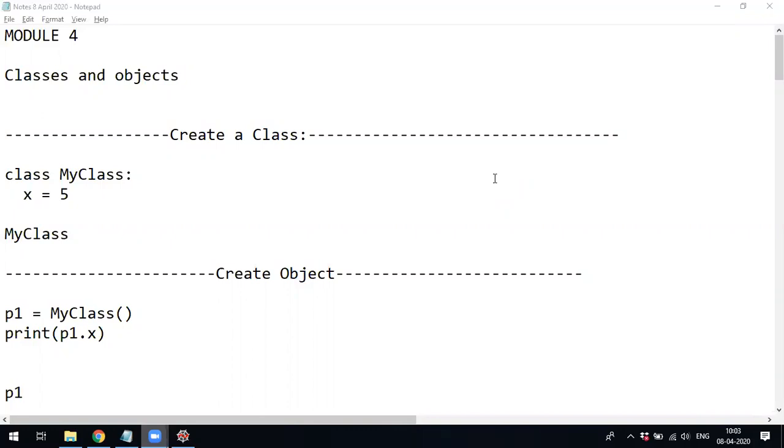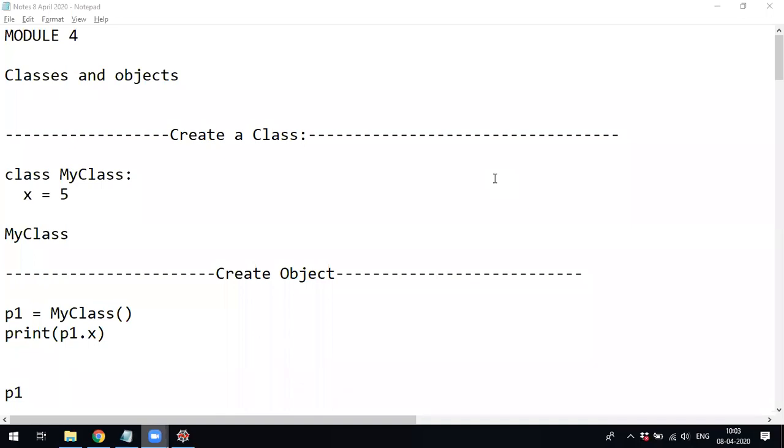In an integer, you can store only one value. In an array, you can store only elements which are of the same data type. In order to include the entire information about a particular object, we use this concept called classes.